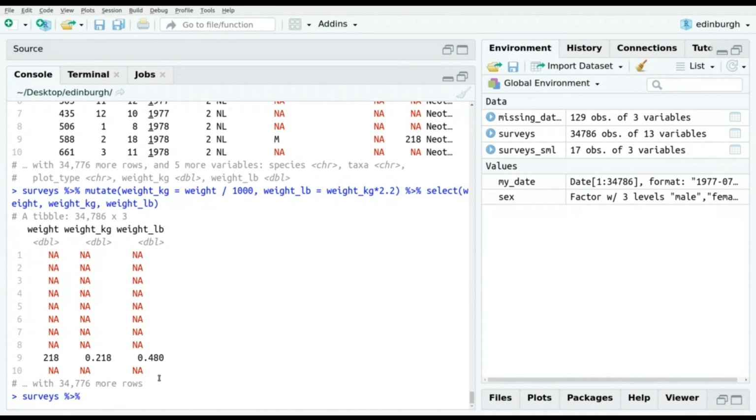I need the pipe symbol, and the challenge said that we need only two columns, species ID and hindfoot_cm, which is a column that we calculate. And also they said that they don't want not-a-number values, and the value should be less than 3. So what we will do is